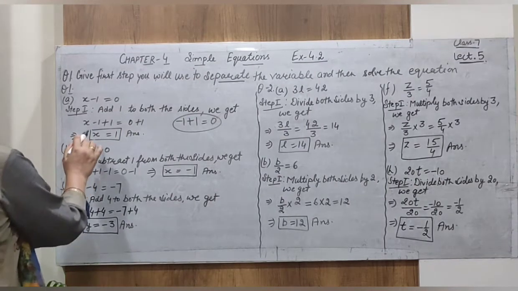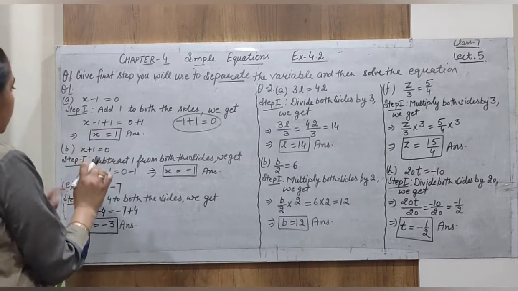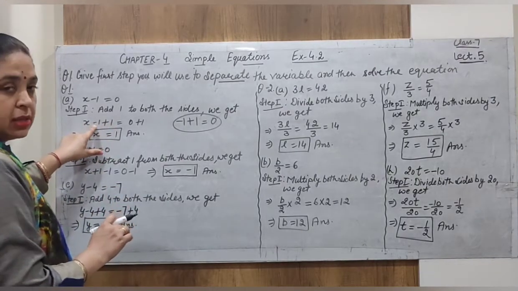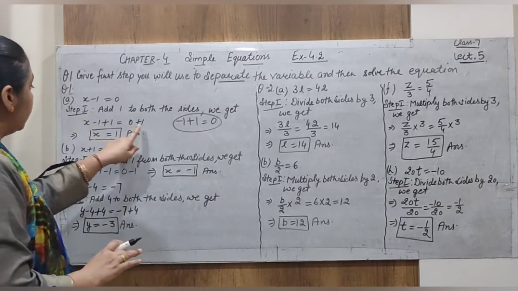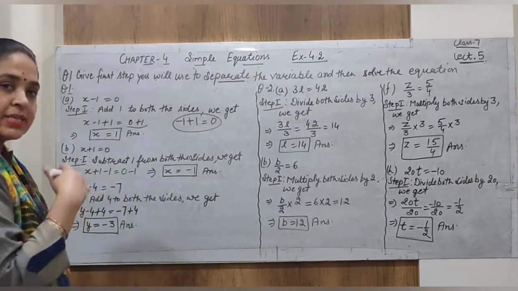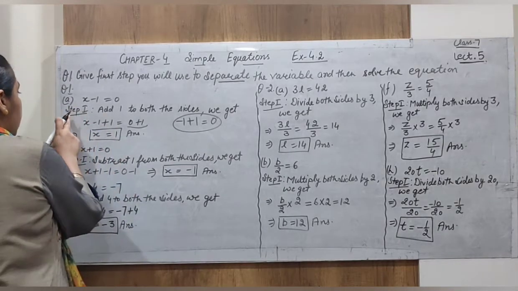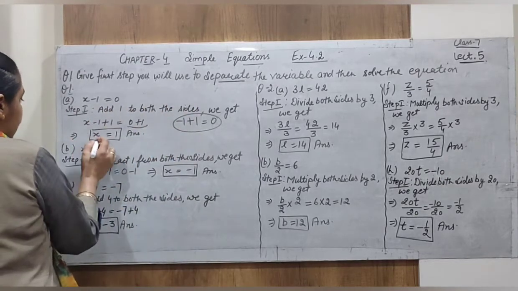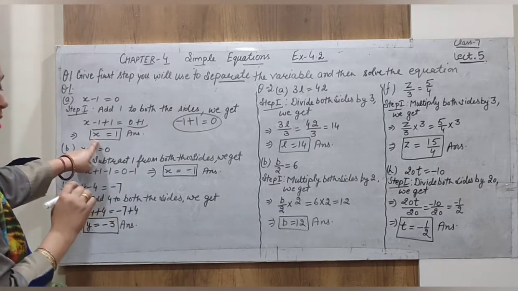Okay. So in the left hand side, when we add 1, the same number in minus format is present, so the 1 is cancelled out. In the left hand side we have only x, and in the right hand side we have two constants, 0 and 1. When 0 is added to some number it gives the same number. So the result is 1. So by using the first step, add 1 to both sides, we get the overall result x is equal to 1.